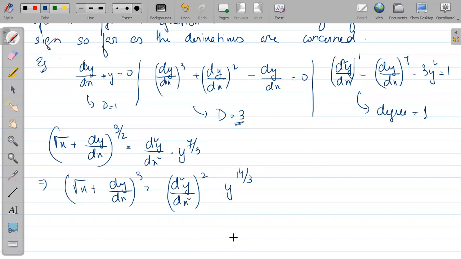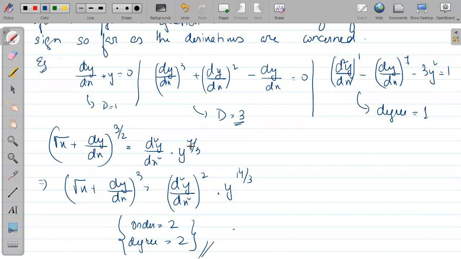Okay, fine. So is it already expressed as a polynomial of derivative? Yes. But root x is there, and y to the power 14 by 3. These are radical signs. But we should not look for radical sign over independent and dependent variables. Only the derivatives should be made free from radical sign. This part we should be concerned about. So it is already made free from radical sign. So what is the degree? The highest order is 2, and the degree is also 2. Yes.